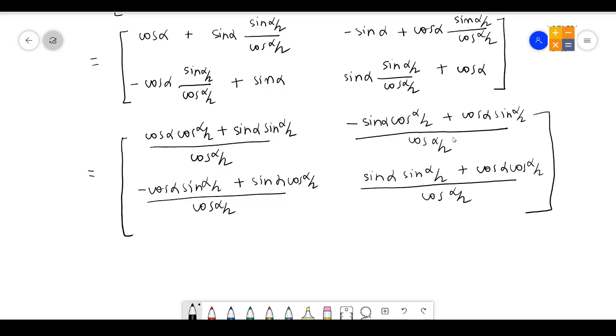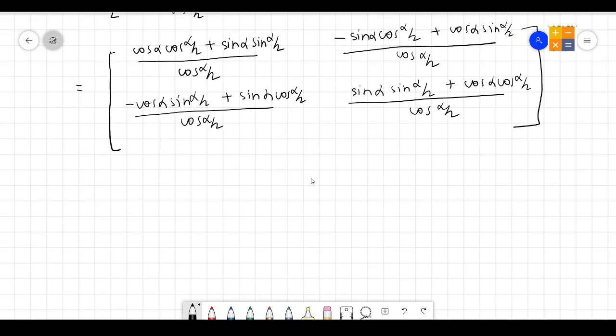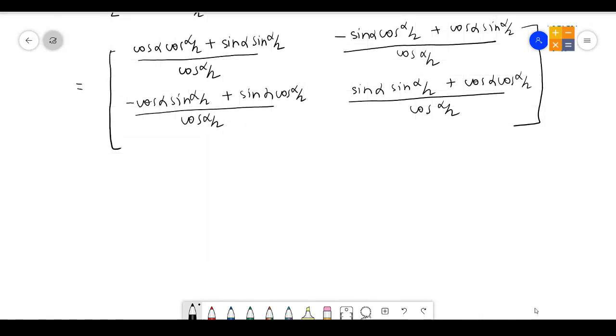So in the next part, what do I get? In the resulting part, we can write here, if we observe this first position, cos A cos B plus sin A sin B, cos A cos B plus sin A sin B. The result comes as cos A minus B, means cos alpha minus alpha by 2, means in this case alpha is taking the position of A and alpha by 2 is taking the position of B. In the denominator part we can write cos alpha by 2 again.